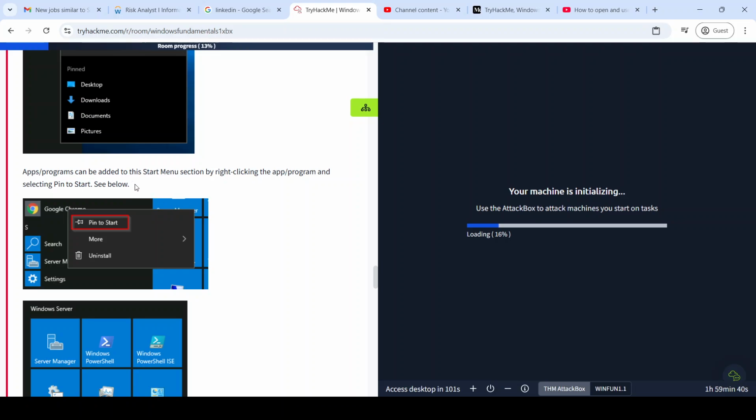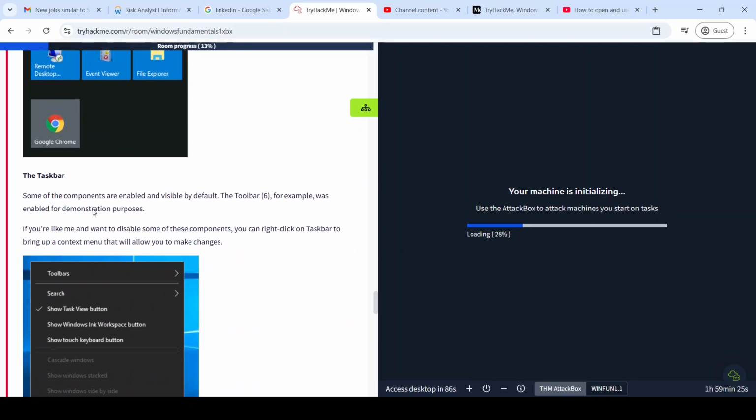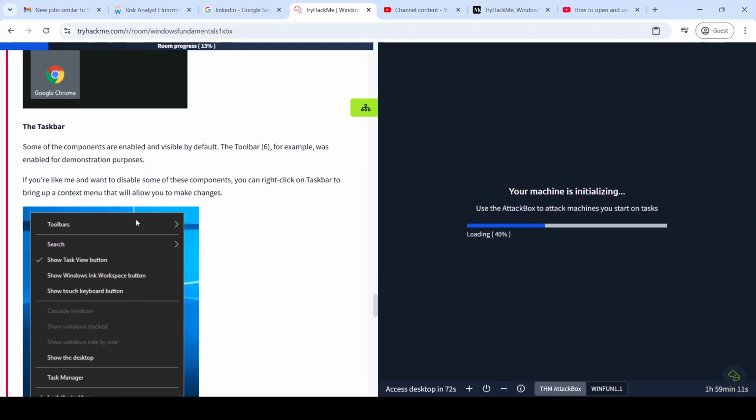Apps and programs can be added to the start menu section by right-clicking the app or program and selecting pin to start. See below. While waiting, we're gonna continue. So the taskbar. Some of the components are enabled and visible by default. The toolbar, for example, was enabled for demonstration purposes. If you're like me, we want to disable some of these